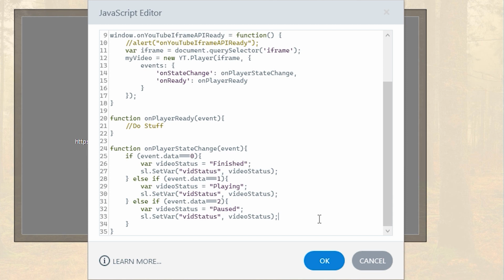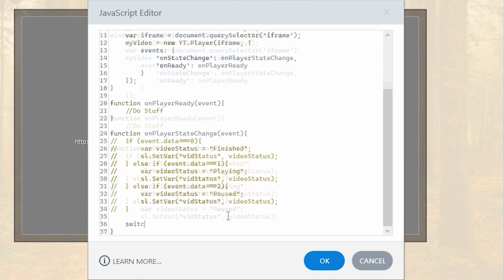This is all set to go and is fully functional code. However, there's quite a lot of lines to keep track of, and you might be thinking whether there is a better way. And indeed there is, as if we wanted to, we could instead use a switch statement in JavaScript by typing switch with our event data value in brackets,